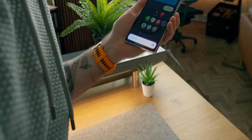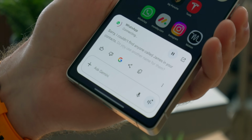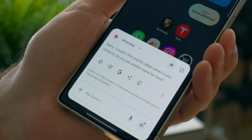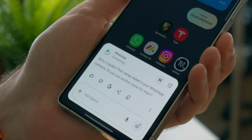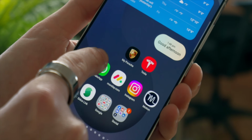Look up the half-term dates for schools in Hampshire and send them to James on WhatsApp. Sorry, I couldn't find anyone called James in your contacts. Do you use another name for them? James Aslett. Sorry, I couldn't find James Aslett in your WhatsApp contacts. James Aslett. Do you use another...